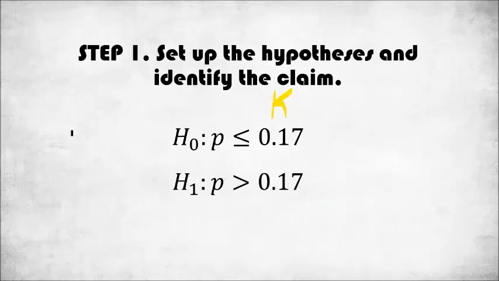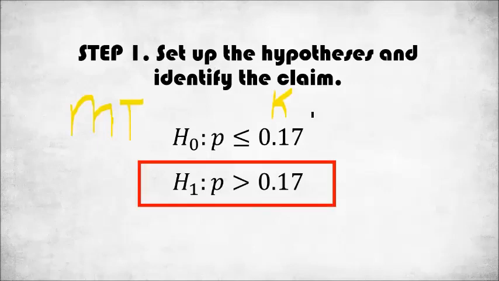And since more than nga, yung ginamit natin sa problem, ibig sabihin, ang ating claim ay alternative hypothesis because this symbol represents the terms more than. Okay? Kaya huwag kayong malilito sa paggamit ng symbols. If it opens to the right, ang tawag dyan ay less than. If it points to the right, ang tawag dyan ay greater than. Okay? Step number 2,